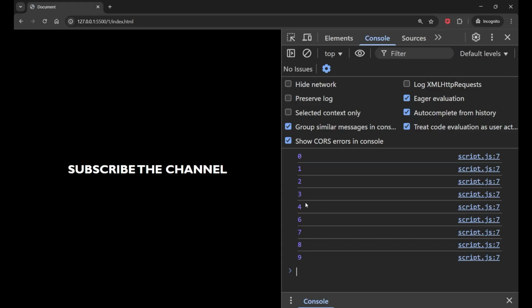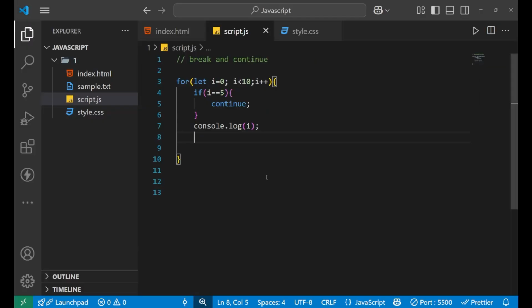It has skipped the 5. Why? Because I put the condition that if i equals 5, in that condition you continue, and continue simply skips that particular iteration of the loop. So this is how it works.